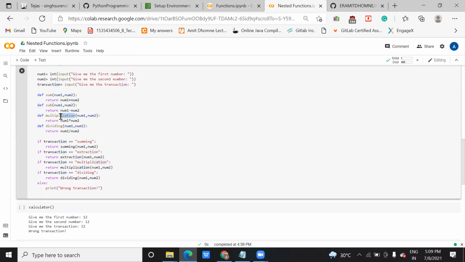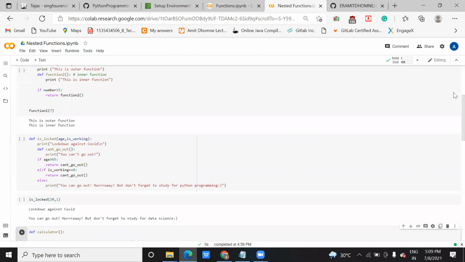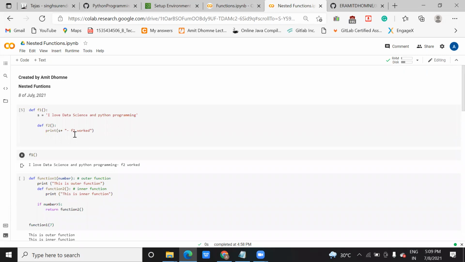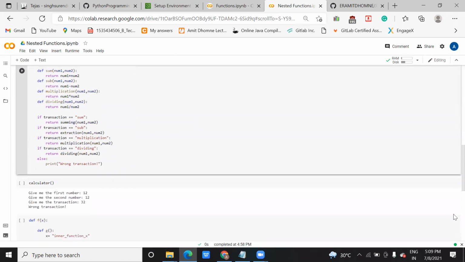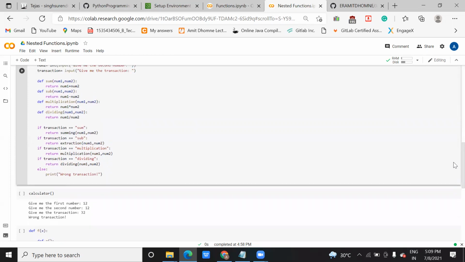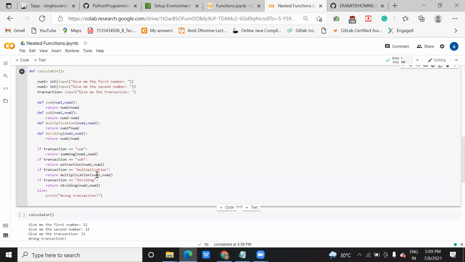In place of multiplication, okay, let it be multiplication itself, sum and sub. So I've added some more complex conditions here. When you run all these functions one by one, it will make you practice. I know you know this, but it will make you stronger on this, adding more complex conditions and functions.